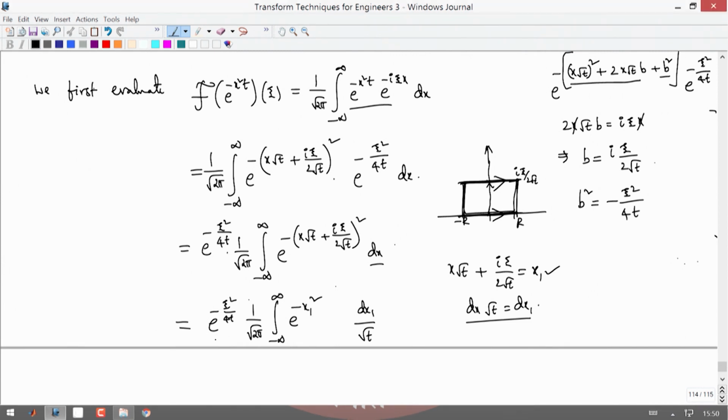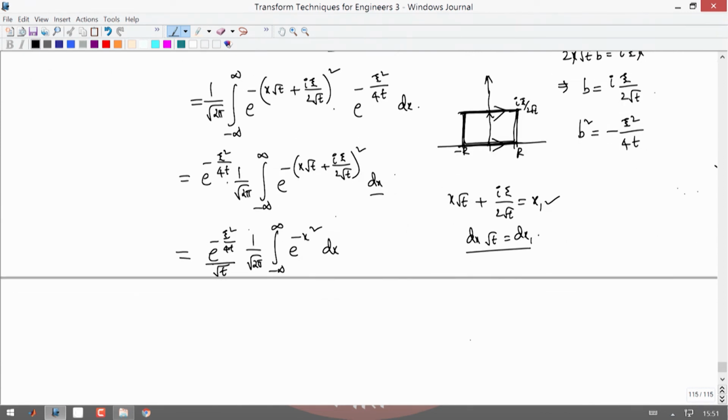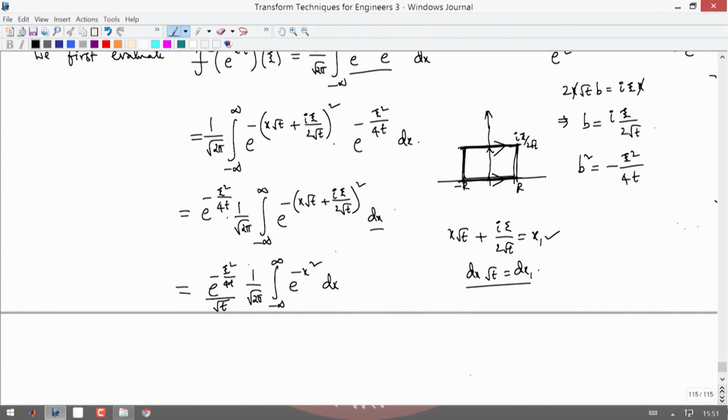So, you have divided by root t times, so that I removed here, I write here. So, as dx 1. So, x 1 dummy variable, let us put it dx square, okay. So, this is same as this one. So, this is your Fourier transform of this one as this. This we already know that this is e power minus xi square by 4 t divided by root t times